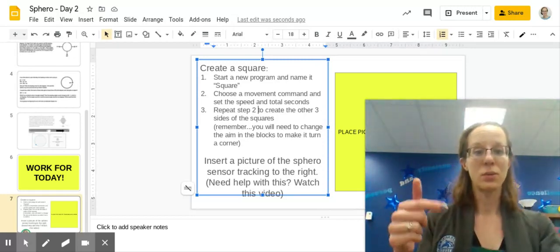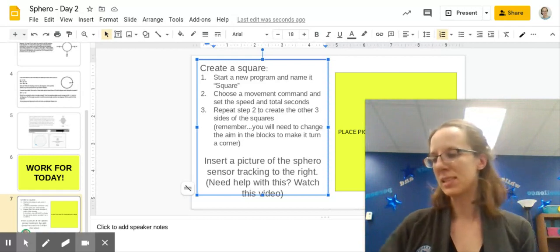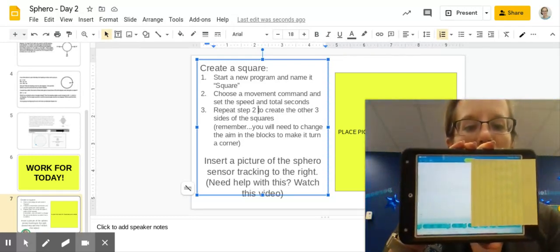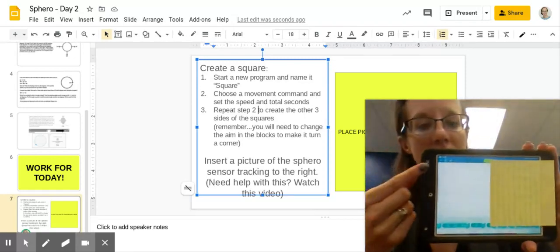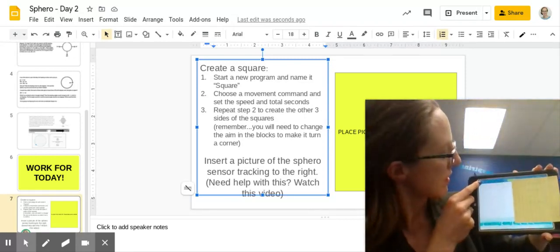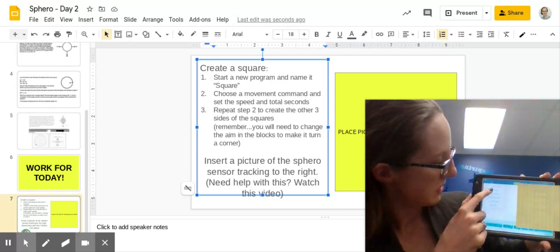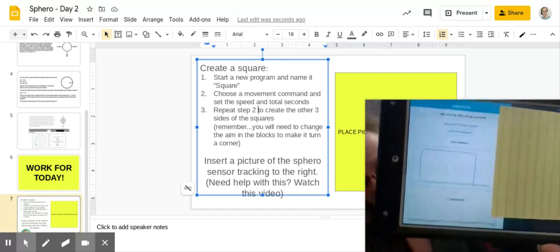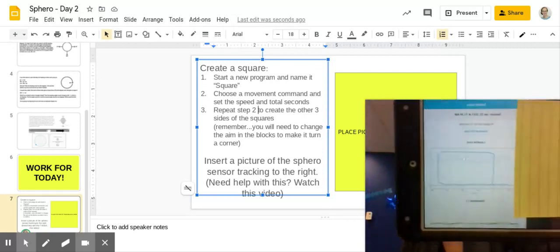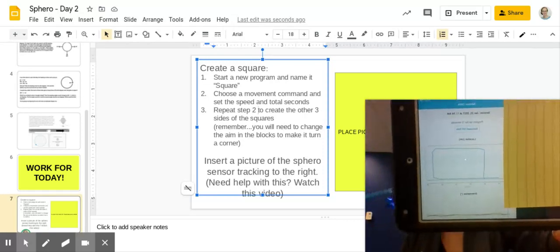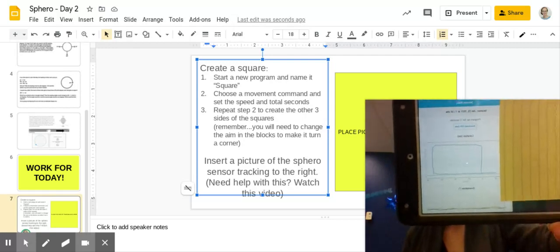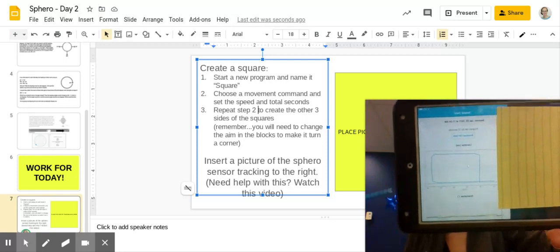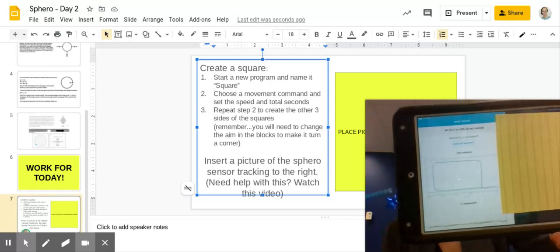So your Sphero, when it does these designs, runs a sensor, which is tracking where it moves. And that sensor data is stored up here at the top. So all you need to do is click up here in this corner, the three little dots, and then you say sensor data, and it pulls up a little map of what your Sphero just did. And you can see on that sensor data that my Sphero made a pretty decent, it looks rectangular on there, but actually if you look at the,